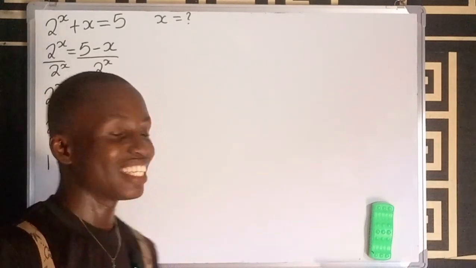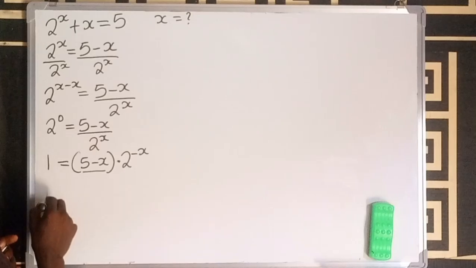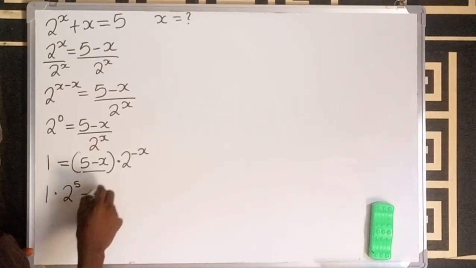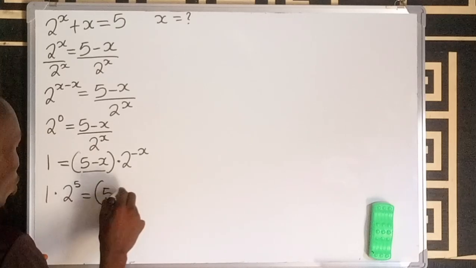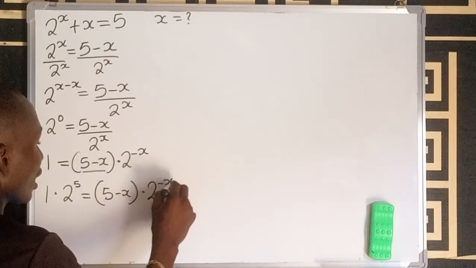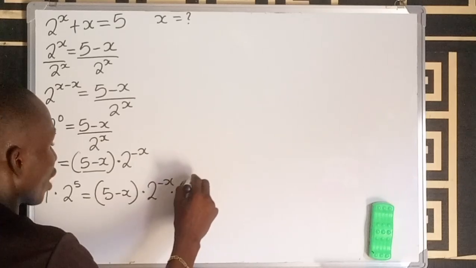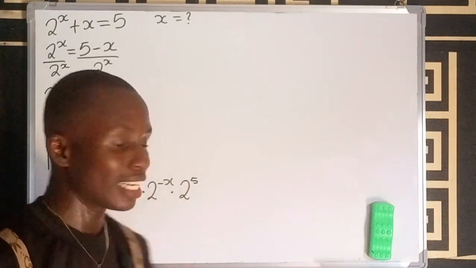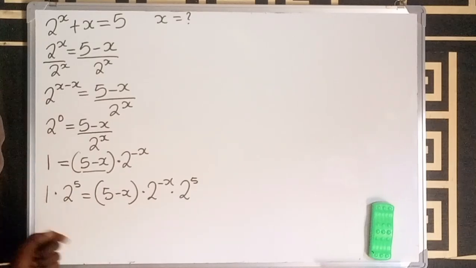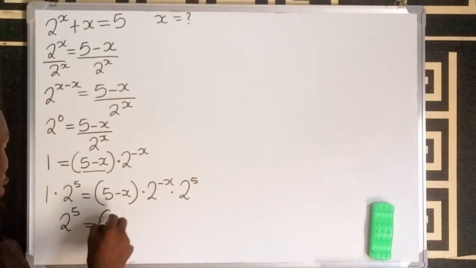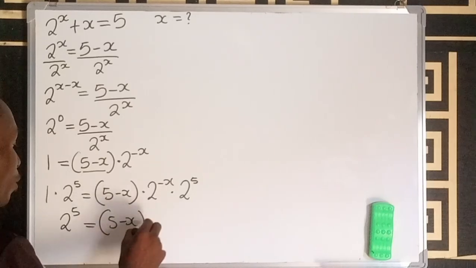That's amazing. So it means that 1 multiplied by 2 to the power of 5 equals (5 minus x) multiplied by 2 to the power of x multiplied by 2 to the power of 5, because you are multiplying both sides by 2 to the power of 5, right? Now 1 multiplied by 2 to the power of 5 is the same as 2 to the power of 5, which equals (5 minus x) multiplied by